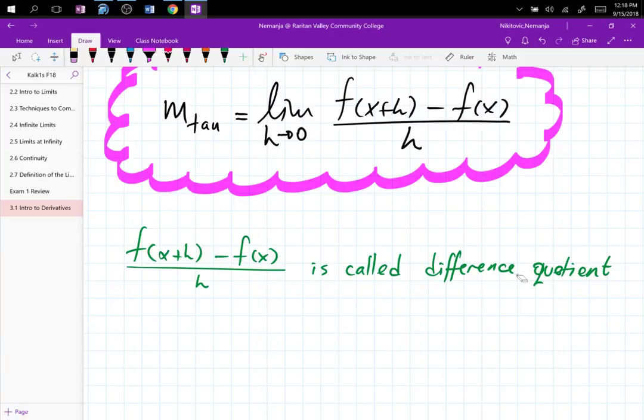Now, if you remember how to compute the difference quotient, the rest of the calculations of this section will not be an issue. If you don't know how to compute the difference quotient, well, you still have 7 days before you see it on the exam next Saturday. Difference quotient is a formula from pre-calc 1. Calculating the limit of the difference quotient is part of your homework in 2.3.